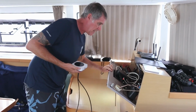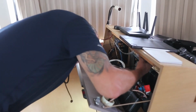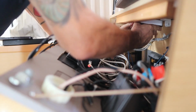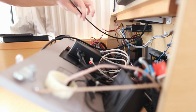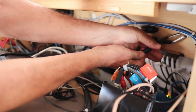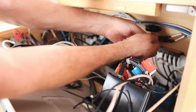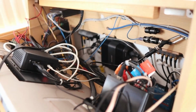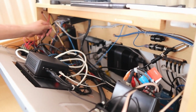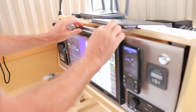All right, so in here we've got all of our NMEA connection points and our Ethernet. So I'm just gonna stick it up here like that. And I'll have to route these cables when I get a chance, but we're just gonna plug it in and test it out. And if you look over here, I'm just plugging it into our NMEA connection. I had one there that was unused. Then the Ethernet, I'm going to plug it right into our switch,